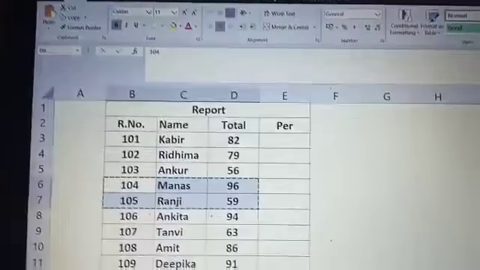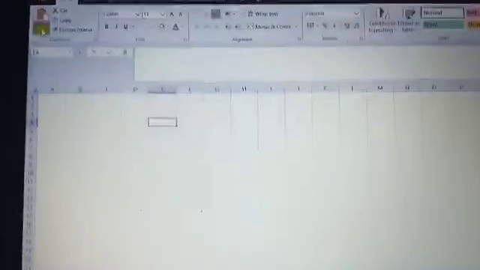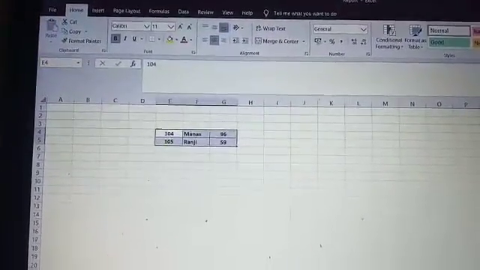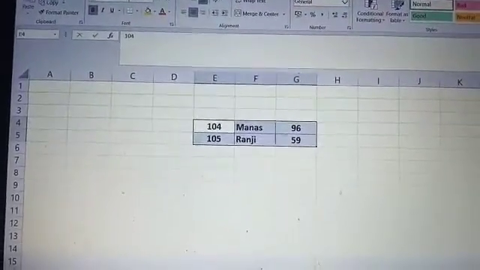Now move to Sheet 2, select any cell and perform the paste operation. You find the data is moved onto the new sheet and it disappears from the previous sheet.